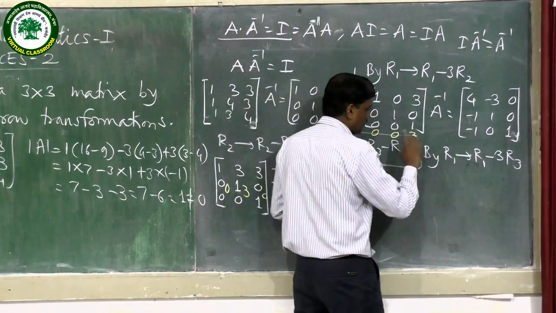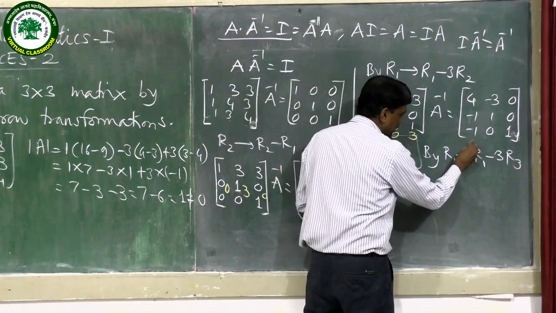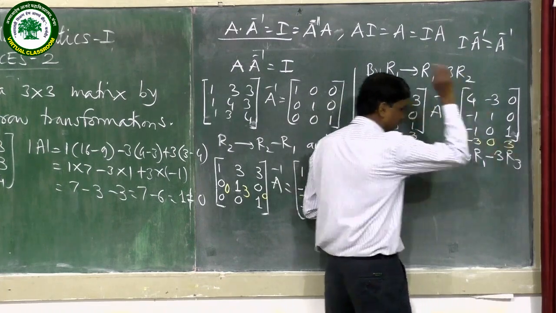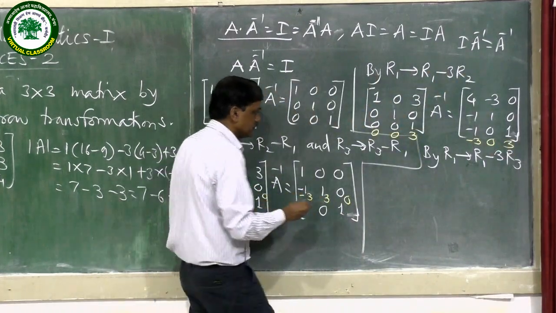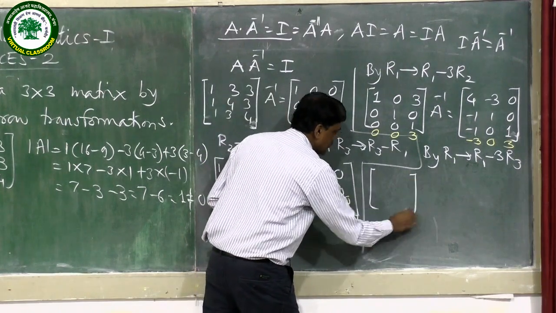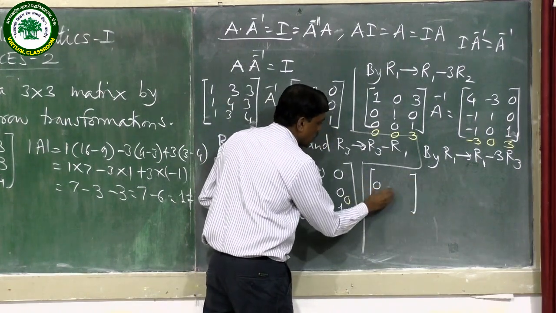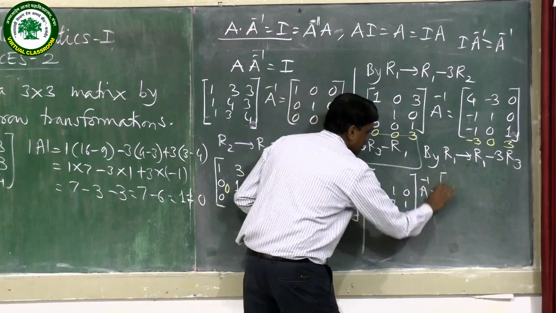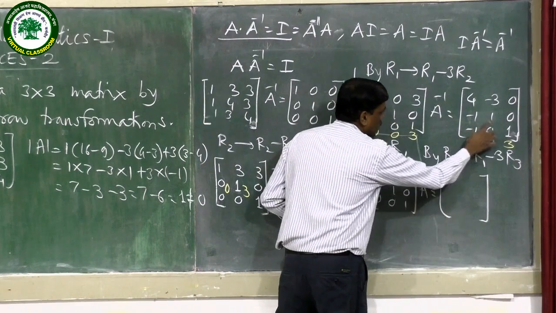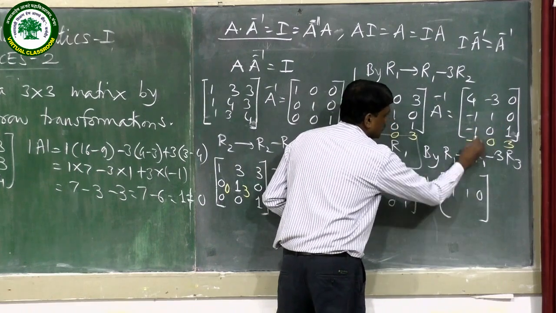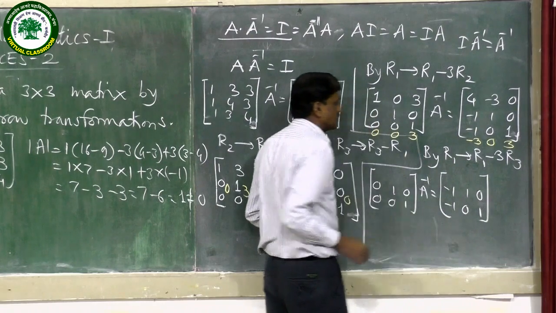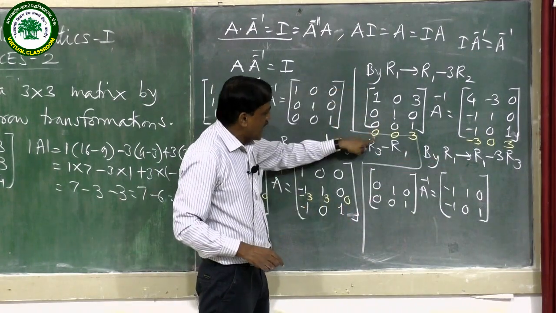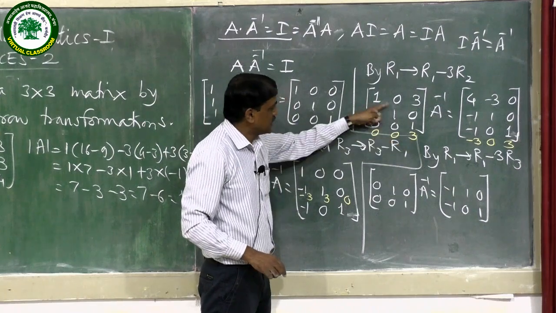Same here. We have to perform the same transformation on this matrix. 3 into minus 1 it is minus 3. 3 into 0 it is 0, 3 into 1 it is 3. Now, the new matrix is: second row as it is, third row as it is, A inverse, same here, second row as it is, third row as it is. The only change is in the first row, subtract these 3 multiples from these 3 elements.